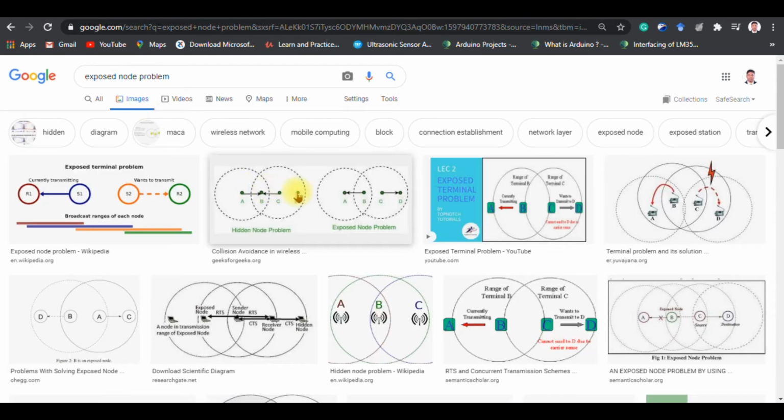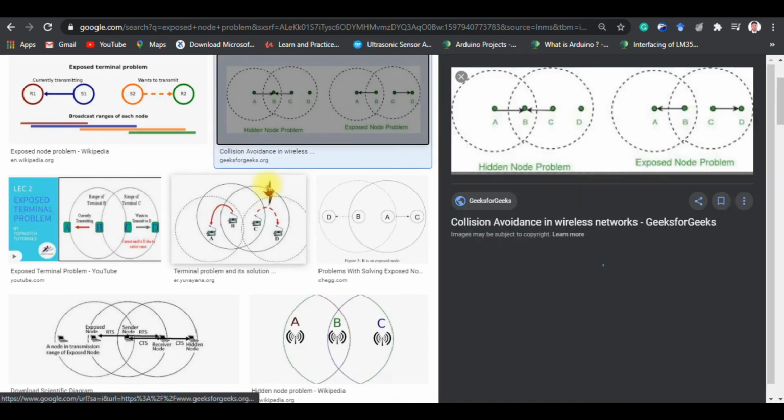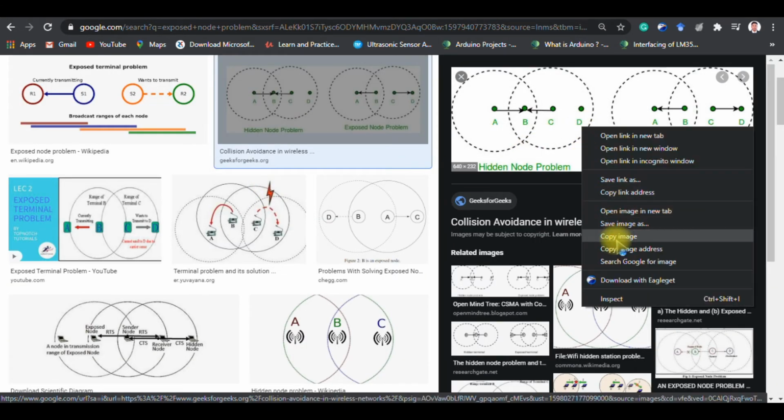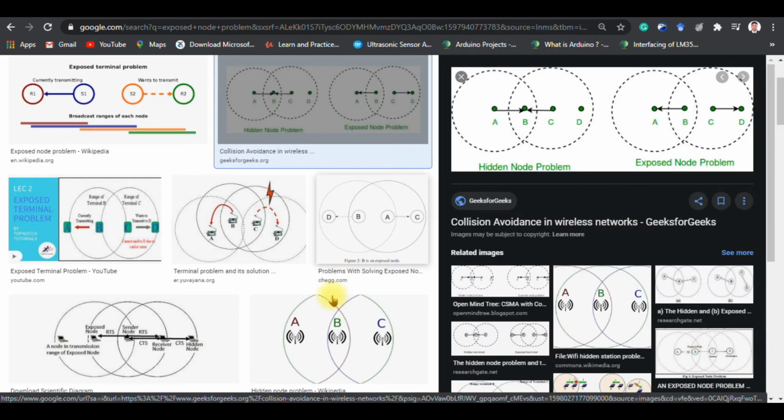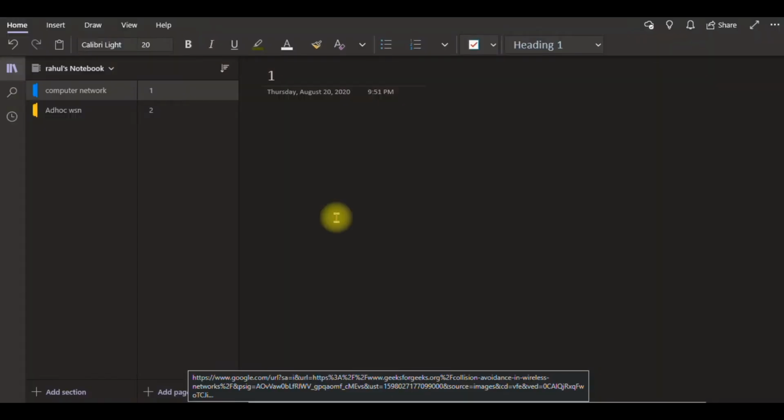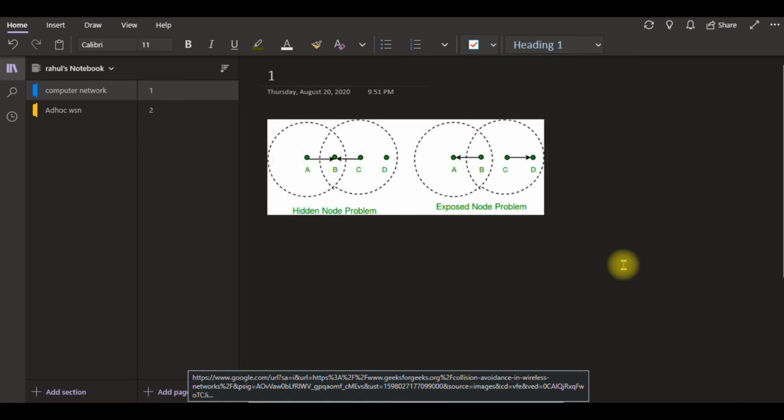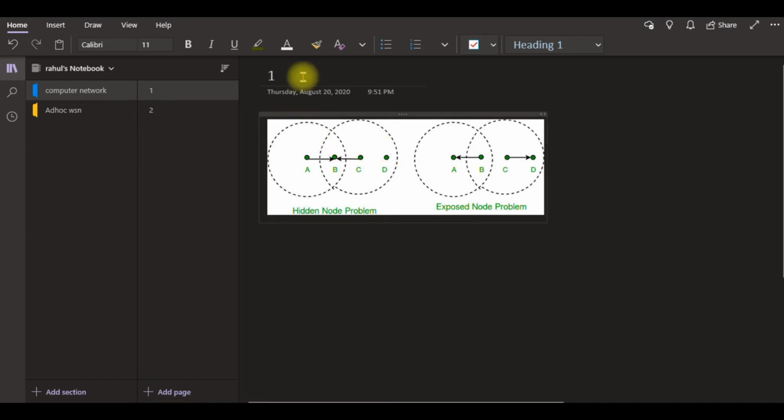I need these images, think about that. So I'm taking this image, copy image, then come to this notebook, and here you are able to paste it, right? Very simple. You can create notes page by page here, and if you need to do some annotations, you can do that.